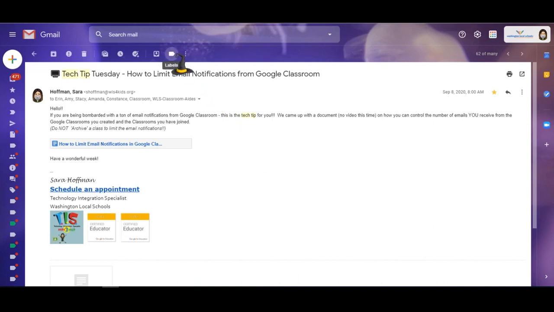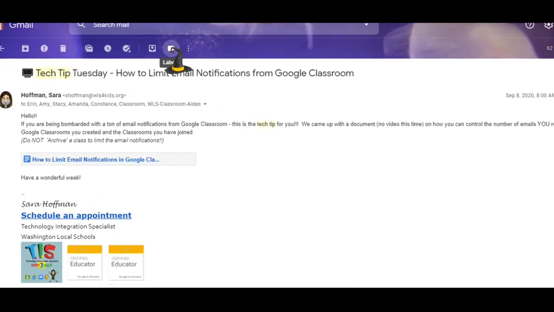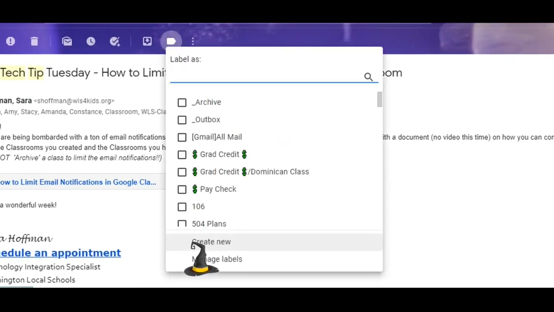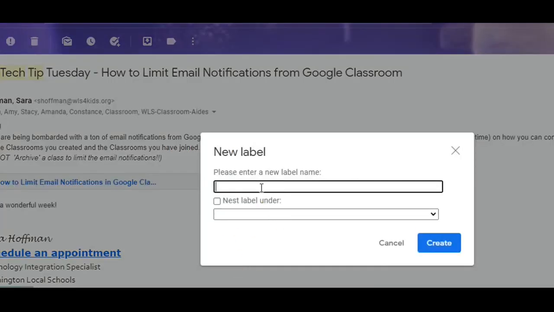Now, they call them labels. They're not called folders. Think of it like you're adding a label to a folder. That's kind of how I think about the labels. So here's one of my Tech Tip Tuesday emails, and I want to add a label, but I want to create a new label. So I'm going to click on Create New, and I will